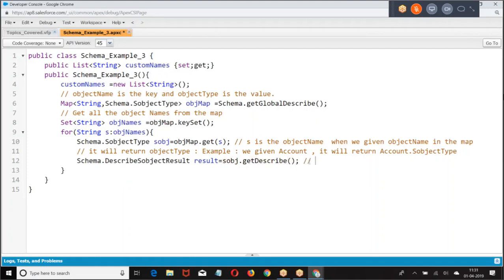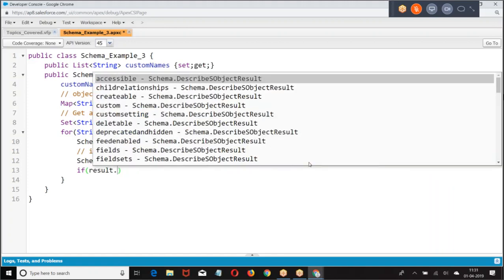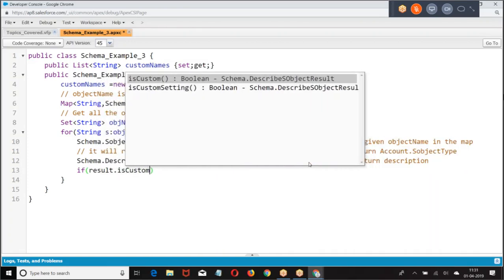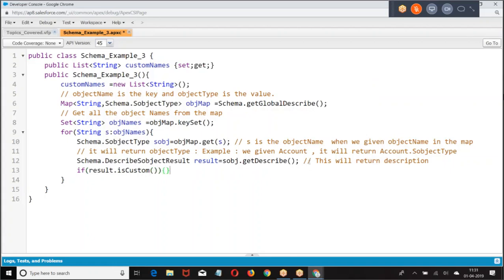When you say get describe, this will return the description. Once you got the description, what am I doing? If result dot is custom. If it is a custom object, result dot is custom, then I am saying custom name is not add.